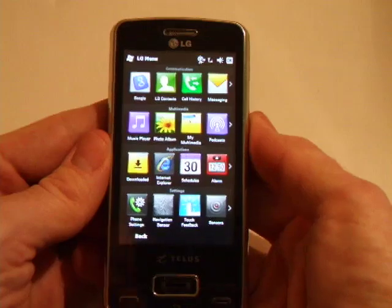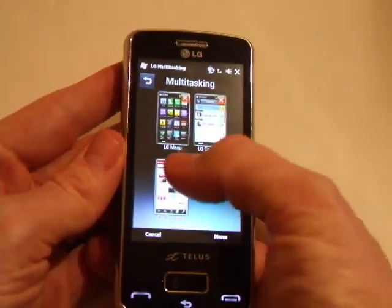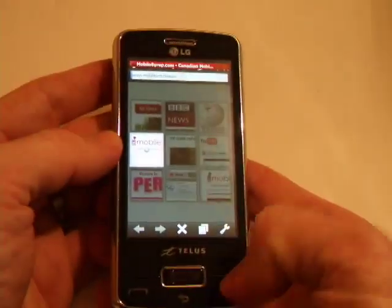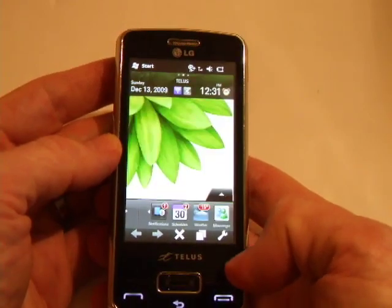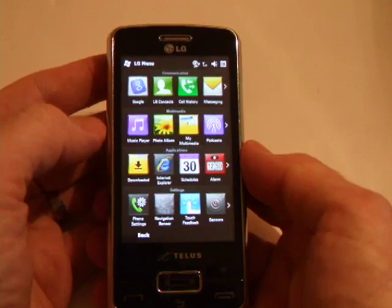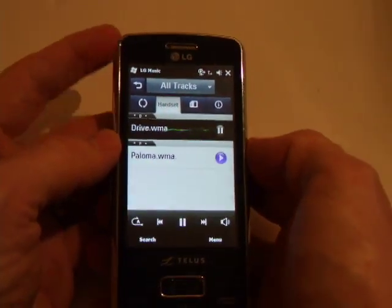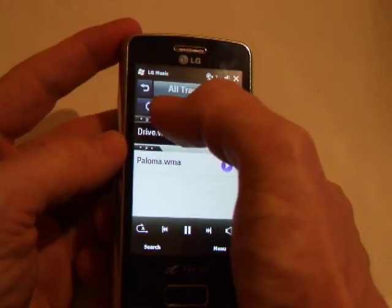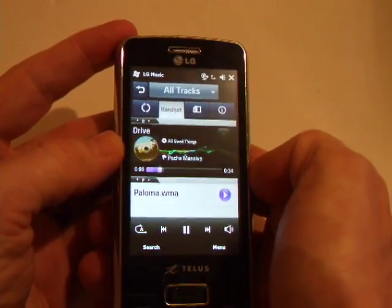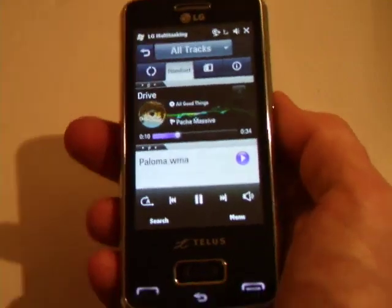So as I said, I'll press the multitasking key. I'll go back to the internet. We'll go to MobileSyrup.com. While that is loading, I'm going to go back into the menu, get my music. Just going to press play. You can see it loads it. It does have this nice CD going around in circles there. So while I'm there, I'm going to go back out,